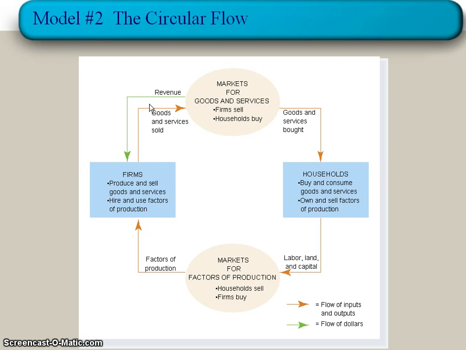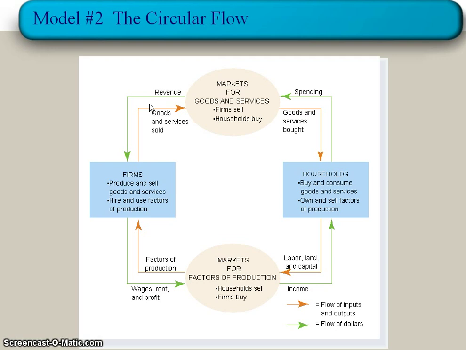It's called revenue. And when they sell things, they then take that money and they spend it on factors of production. Again, specifically labor, wages. Don't worry so much about rent and profit for right now. We'll get to that later. But basically, they spend it on wages. They spend it on people. People then use that money as income because they've been working for those firms. And they take that income and guess what they do? They buy stuff. They buy those goods and services. They spend it. So this, guys, is kind of a short version of the circular flow model.